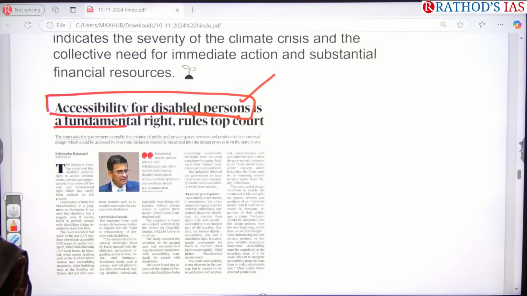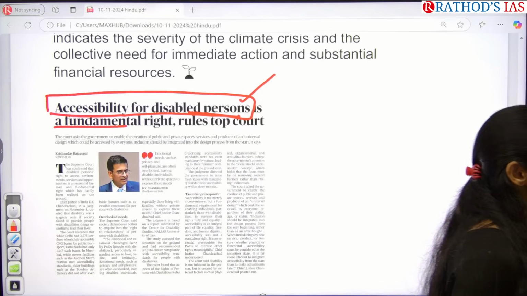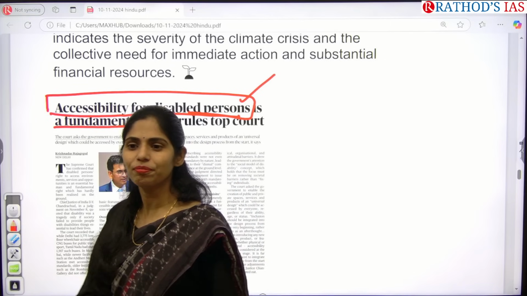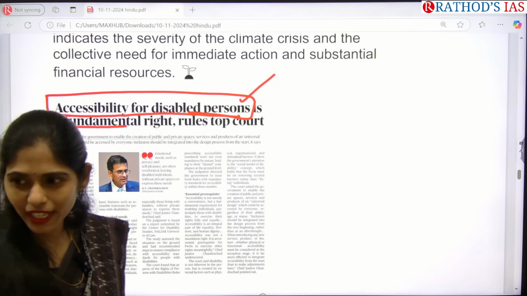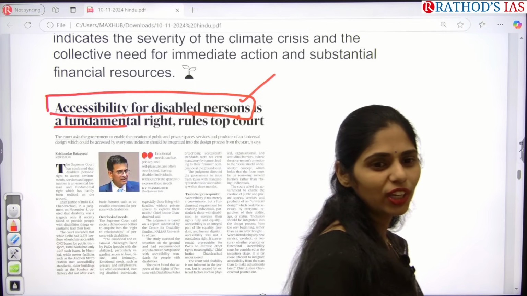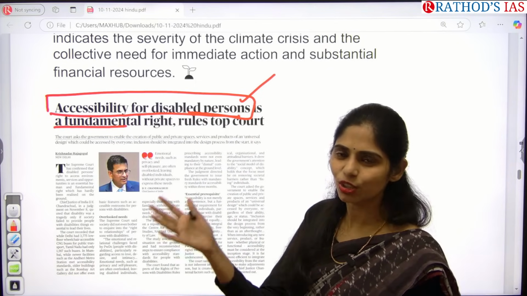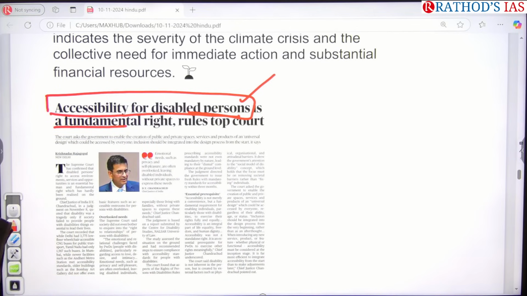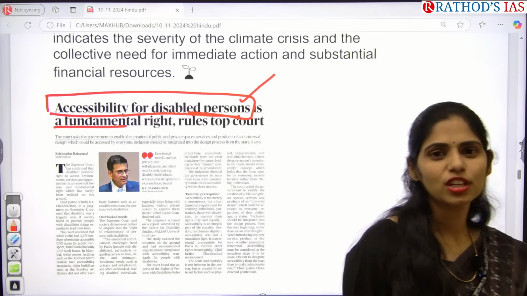Okay, steps. For example, if a disabled person has a disability of the eyes and can't see, they need books in Braille. So do we have Braille for your civil services books, or any book? No. And do they have special hearing aids? Yes, because of developments in science and technology, we are providing some hearing aids so that they can hear something. But if you see the disability of a person who cannot walk,